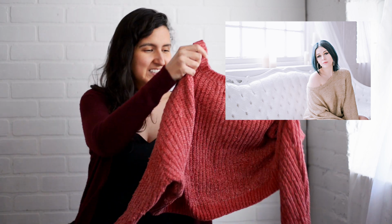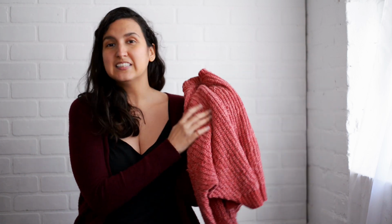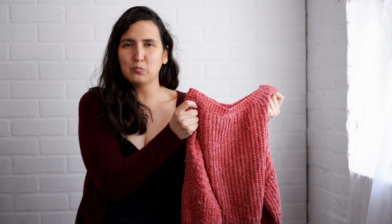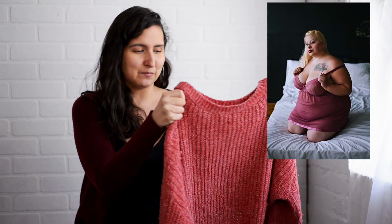Now this one here is the most beautiful dusty rose kind of color. Highly recommend if you're able to come into the studio for a consultation, and I can give you some suggestions about colors that would look really beautiful on you if you're not comfortable or don't know how to choose the best colors for yourself. But this beautiful dusty pink, oversized fuzzy sweater,